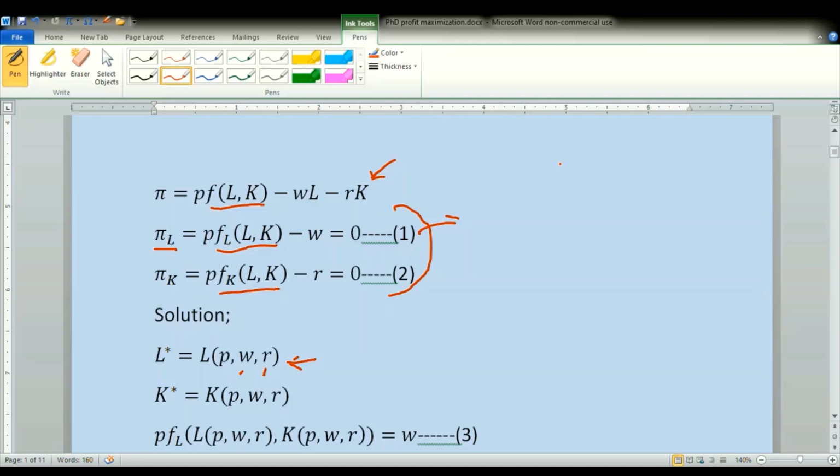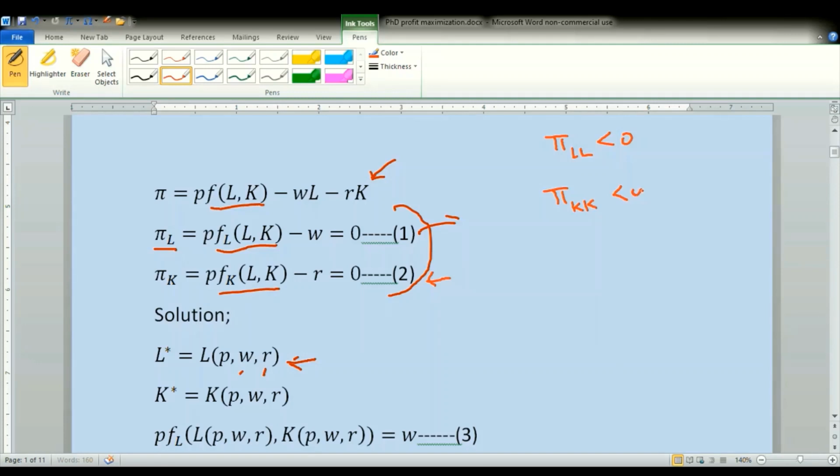The second order conditions are that the second derivative, so pi LL, taking the derivative of equation 1 with respect to labor, we want this to be less than 0. Similarly, taking the derivative of equation 2 with respect to capital, so pi KK, we want this to be less than 0,